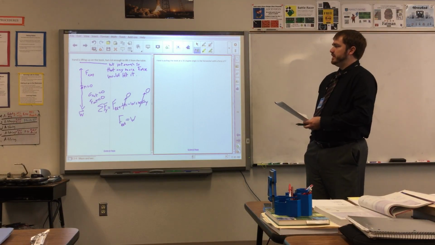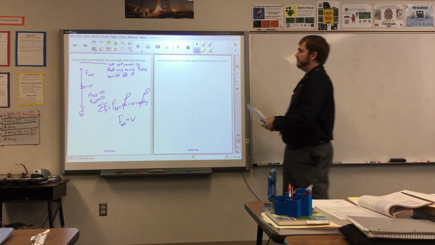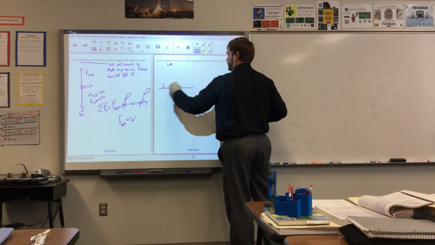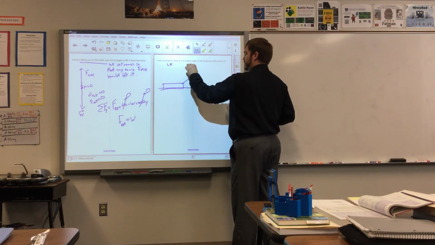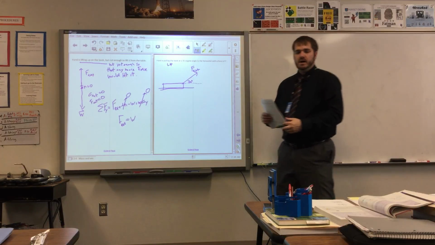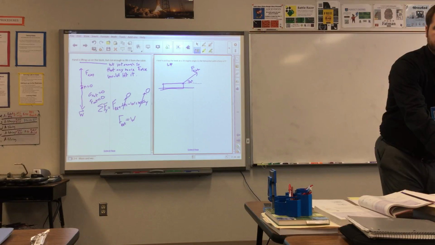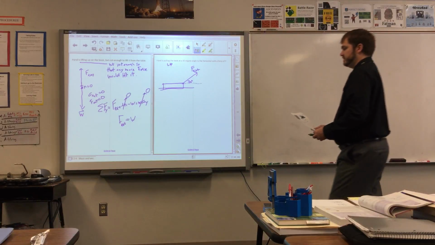All right. This one, the hand is pulling the book at a 30-degree angle to the horizontal with a force F. We'll say pulling up at 30 degrees. So there's the book. There's F, we might as well say F external, at 30 degrees. I'm pulling up on it, but it's really not moving at all. I'm just kind of pulling up. The question is, how does that affect the normal force?